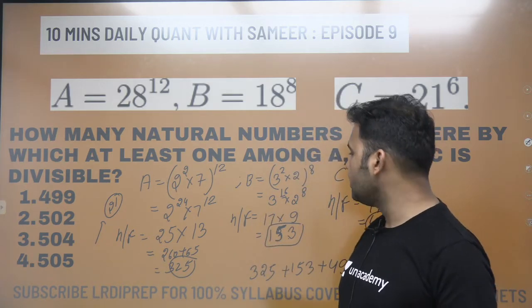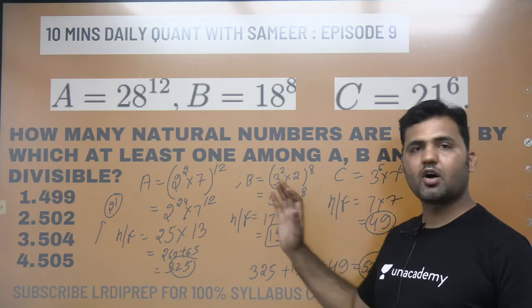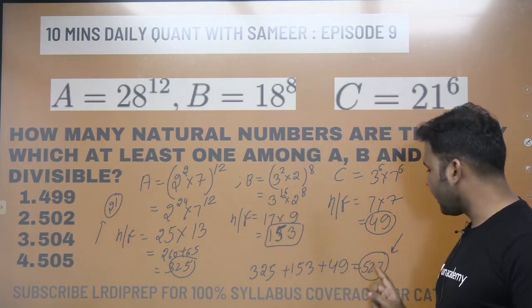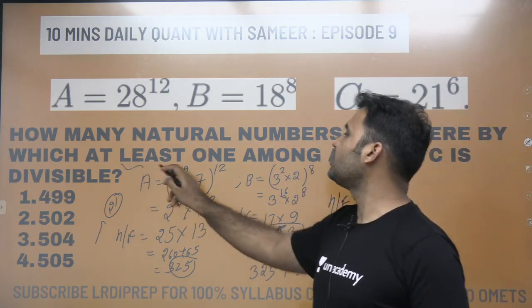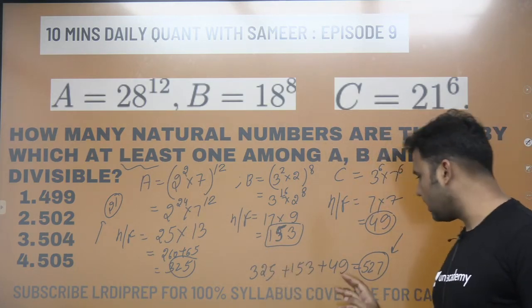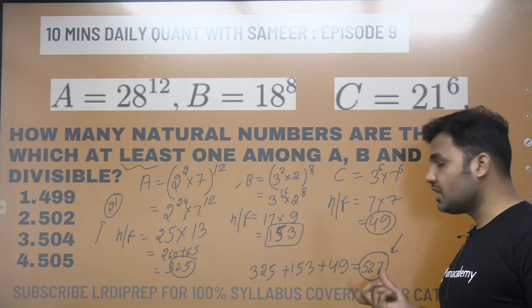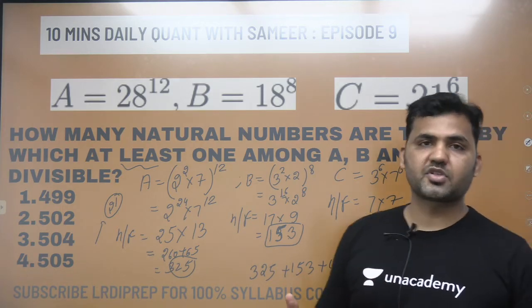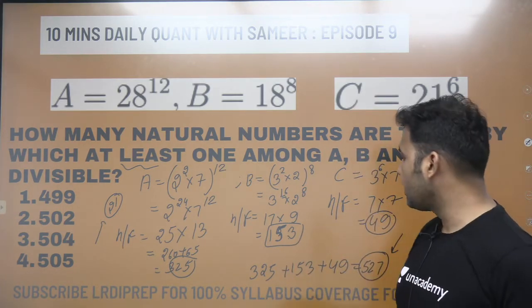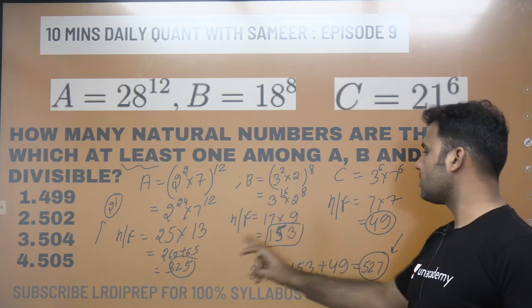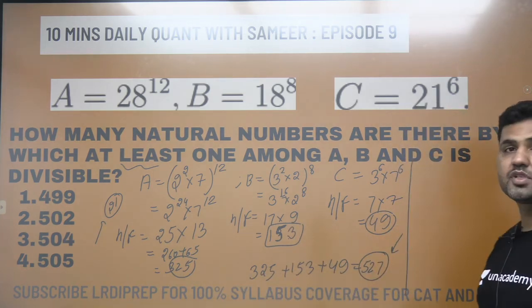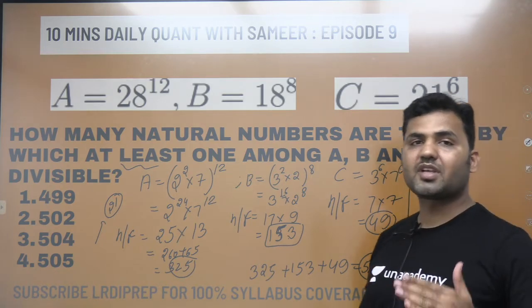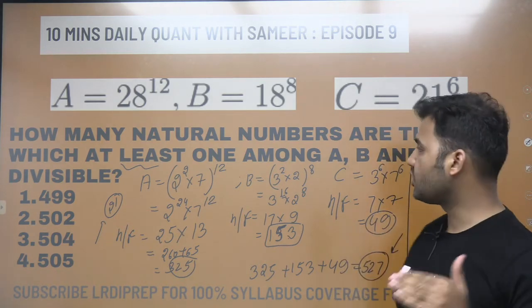So you need to remove all the common factors. So total factors you can see, because it says it should be dividing at least one of the numbers, so I add all these values, I'll get total 527. But these are not distinct natural numbers. There are some numbers which are common in these values, or in these values, right? So now to answer this question, finally you'll have to see how many common numbers have been counted, how many numbers have been counted twice.